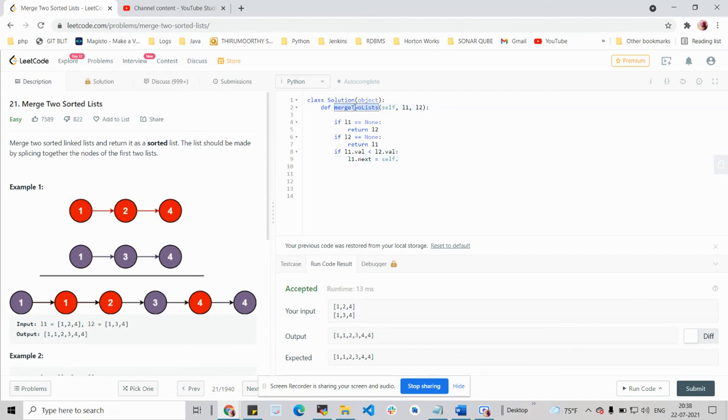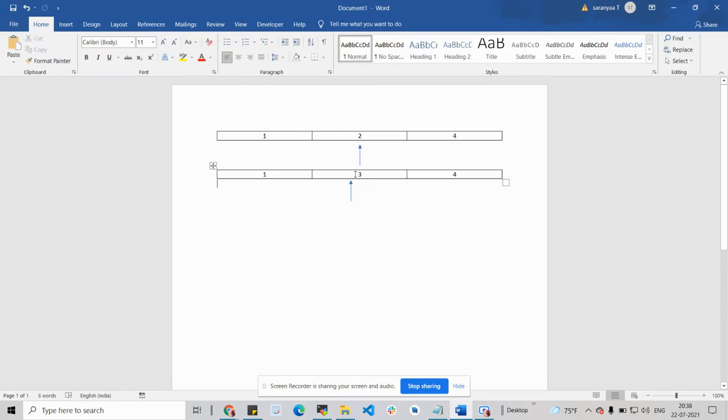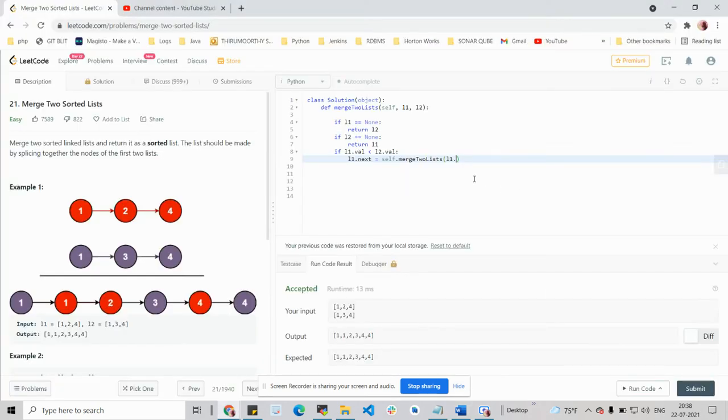Self dot merge two lists. Now the comparison will be made with L1's next node and the rest of the second list. So it will be L1 dot next and L2.